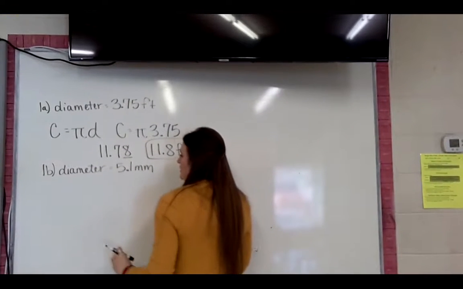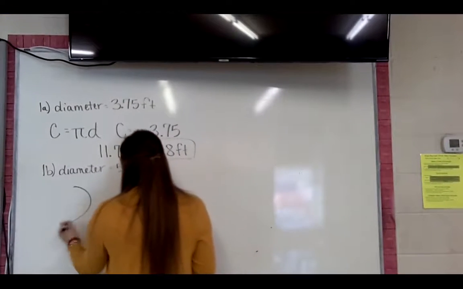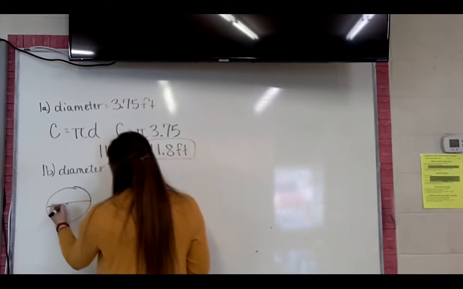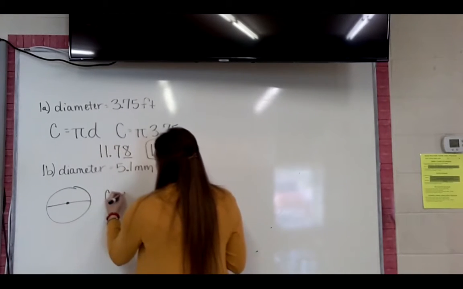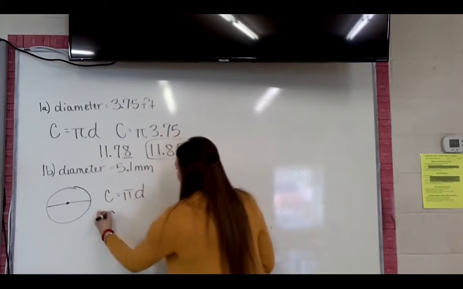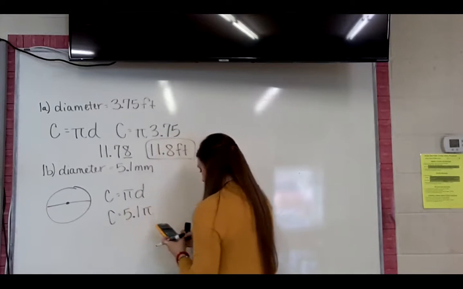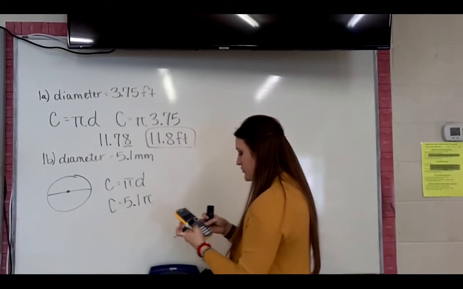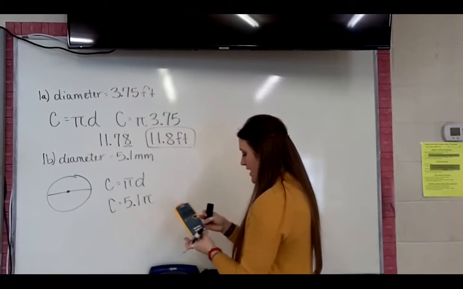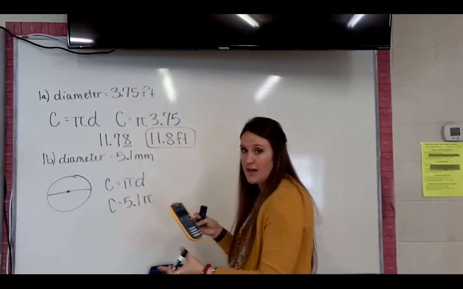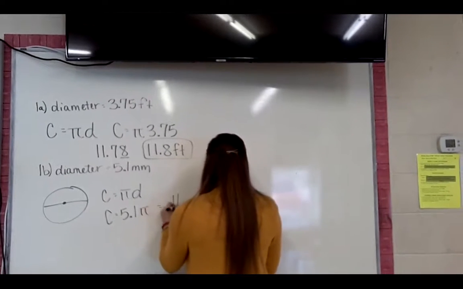On B, we have a circle with a diameter of 5.1 millimeters. Diameter means all the way across. So we use C equals pi d. So I have 5.1 times pi. And when you're typing that in, you don't even have to write times. Just put 5.1 pi, and the calculator knows to multiply it. Okay, we get